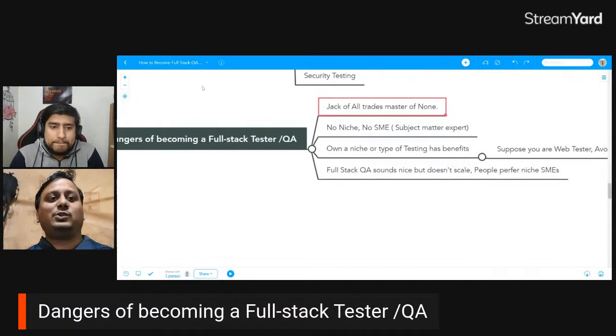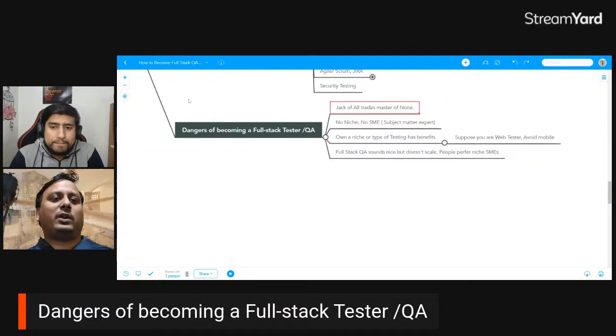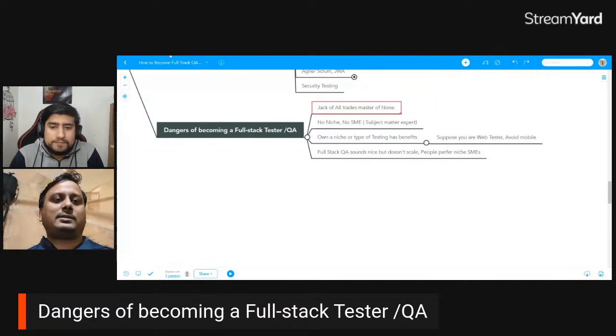Because you're gonna write a lot of things. As soon as you write one term, people or interviewers think that you know everything in this term, right? They will not know that you are just a beginner or just did some kind of stuff. If you're writing one term or one tool or one language, the interviewer will think that you know everything in that. If you are writing as a full stack QA, and you're writing so many things, then it becomes a problem for you.